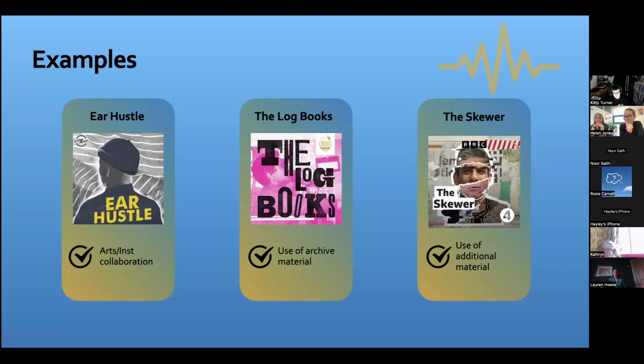You'll notice the first one in this is American, Ear Hustle. Just to note that the US has a much larger and better funded infrastructure for podcasting than we do in this country, in particular for investigative journalism. So the likes of things you might have heard of, like This American Life or Serial, really benefit from having enough funding and support to follow a story to its fruition, or to realize that maybe it's not right for this particular content. But that can involve, again, a lot of infrastructure and support.